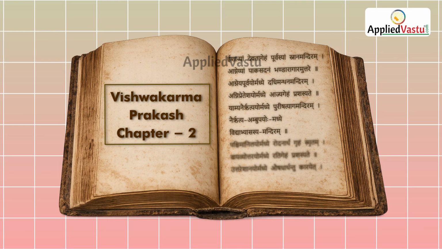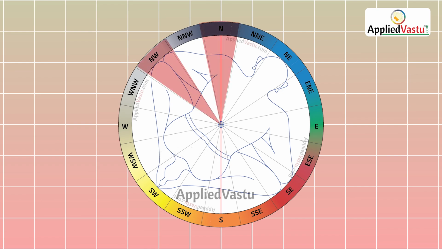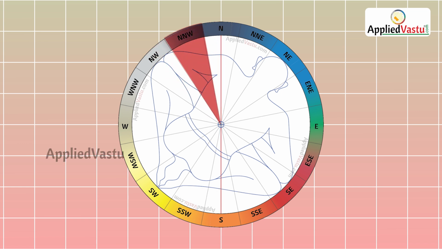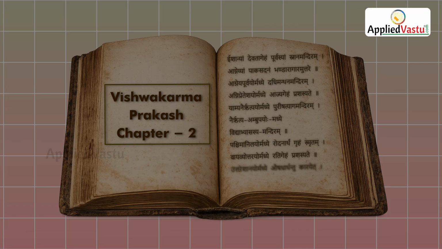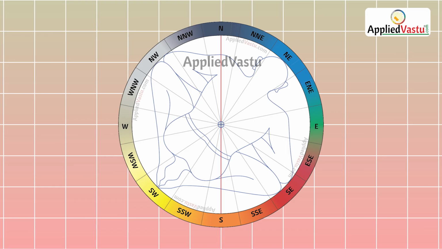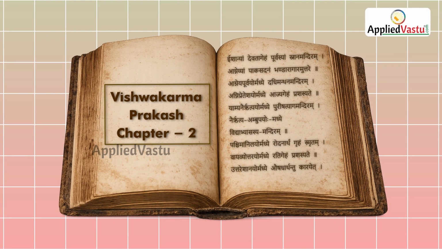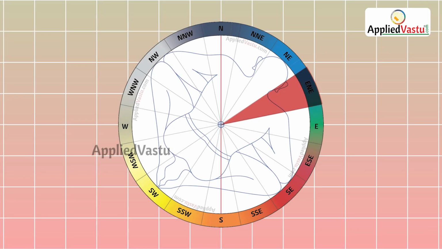The next line is, वायव्य उत्तरीय मध्ये रति गिहम पश्यते. According to this shloka, the zone between northwest and north direction, which is north of northwest, is considered auspicious for romance and marital intimacy. The last line is, उत्तरे शान्यो मध्ये औषध धारतेन्तु कारयेत. According to this line, the zone north of northeast is considered suitable for storing medicines and performing healing related activities. There is no specific shloka currently available for the east of northeast zone, which lies between the northeast and east